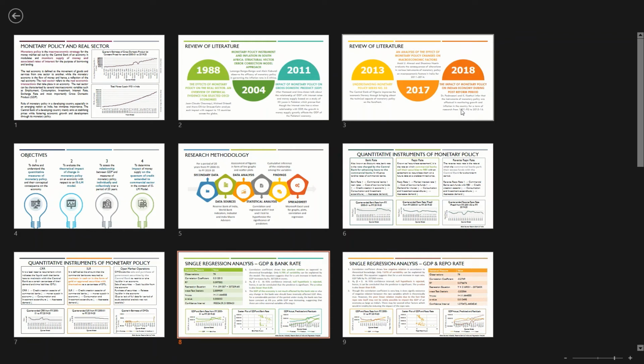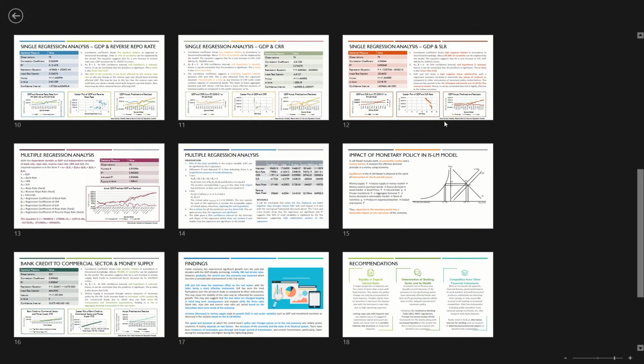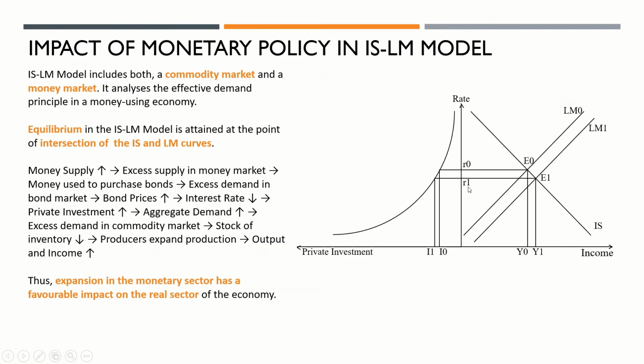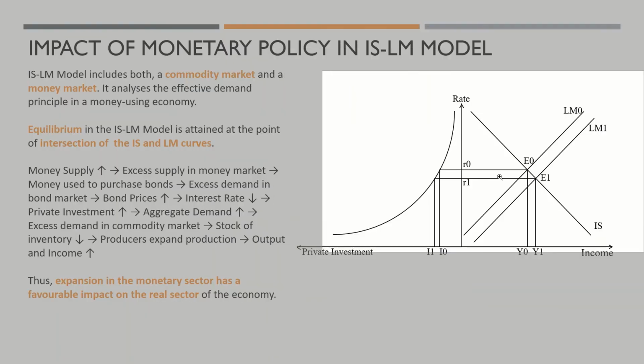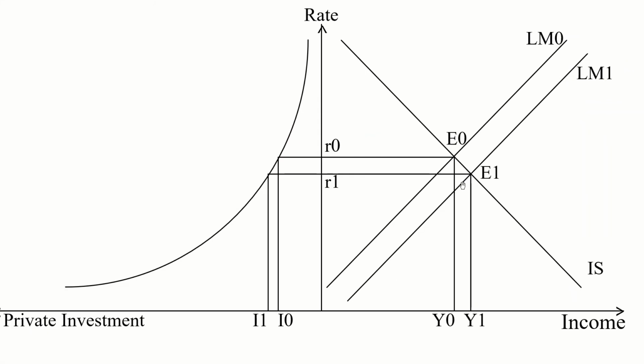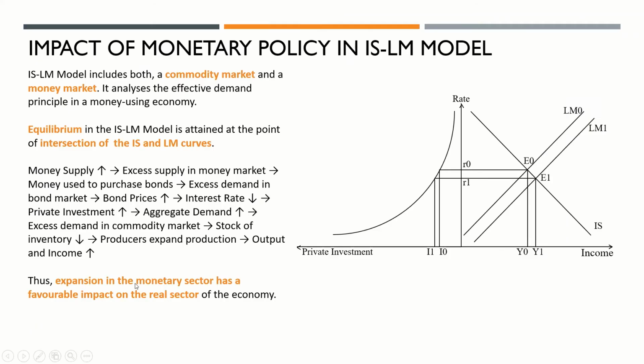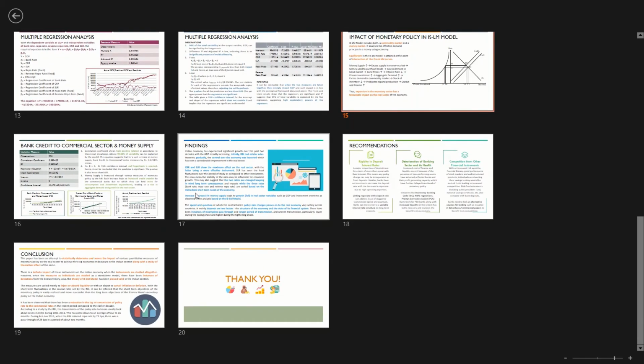So what you can do is use these two features hand in hand with each other. You can first go to the dashboard mode. Once you have concluded your presentation, you can briefly mention each and every point once again, and then say suppose I want to zoom in into this graph. I simply click on this slide and it just appears in the normal size, and then I go to the magnifying glass and focus on this particular diagram. I can briefly again just revise all the relationships I've mentioned between interest rate, income and private investment. Again, click on escape, go to the dashboard view and go on just revising the points that I've mentioned before.